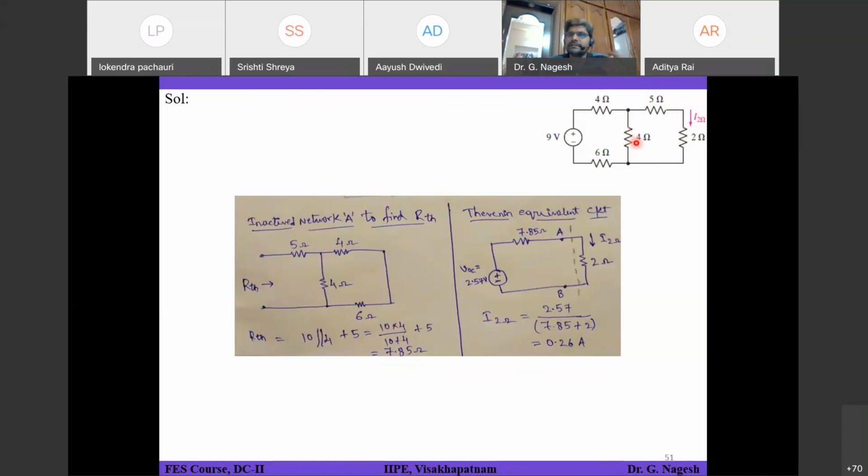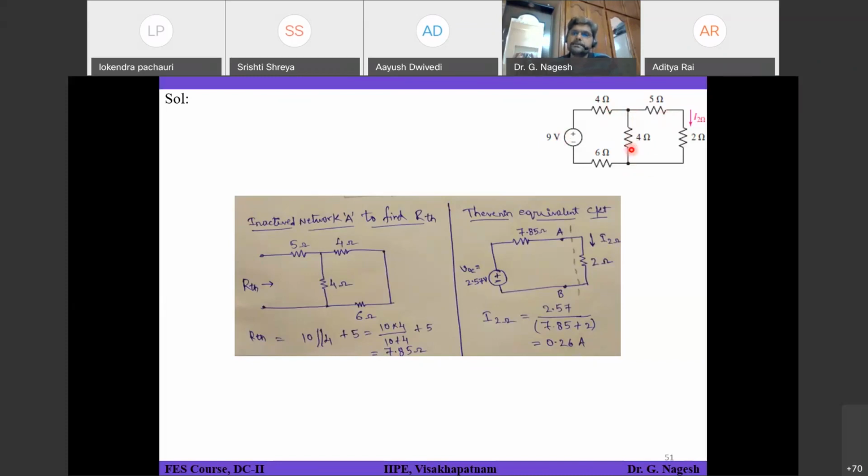If you want to find the current, maybe mesh analysis will be very easy to solve, instead of going for Thevenin's theorem, or nodal analysis will also be easy. So by seeing the circuit, we can choose which method will be good. If you go with Thevenin's theorem, it will make it a little more complex, because of what will be seen at the middle of the entire network. You will have this part, and this part also, to find VOC.